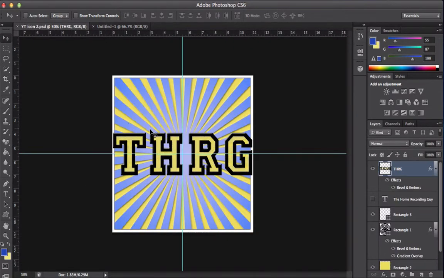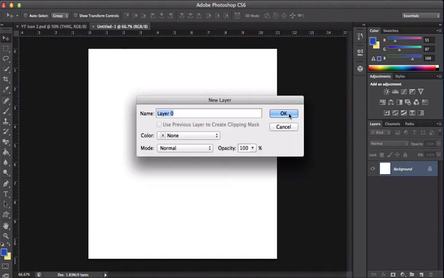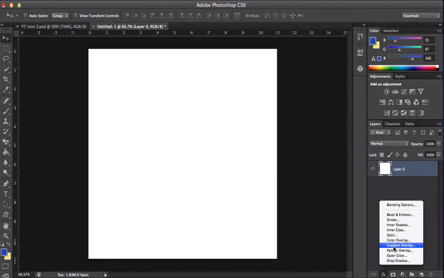Alright, so the first thing we're going to do if we're going to model this right here is start with the gradient overlay. So what you're going to do is double click on this background here and just hit OK, and that'll turn this into a layer. And now we're going to click on it and go to the FX down here at the bottom for effects, and we're going to go up to gradient overlay,